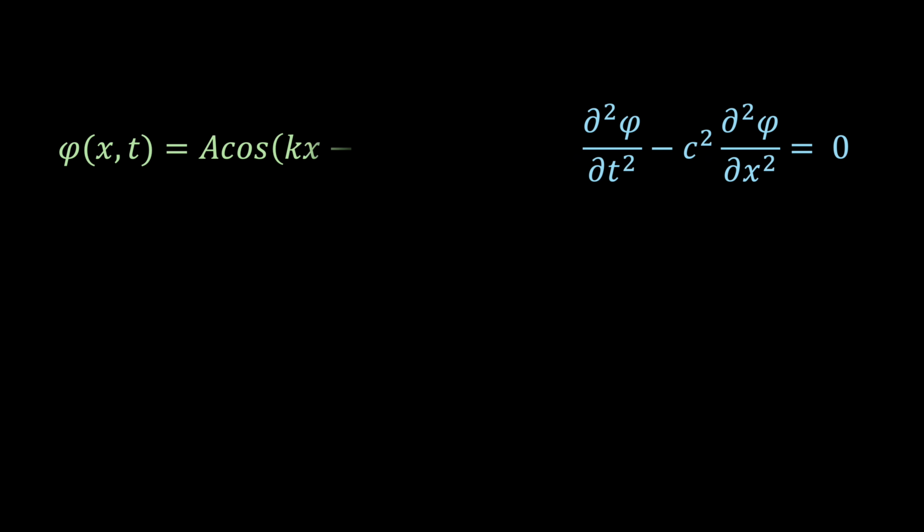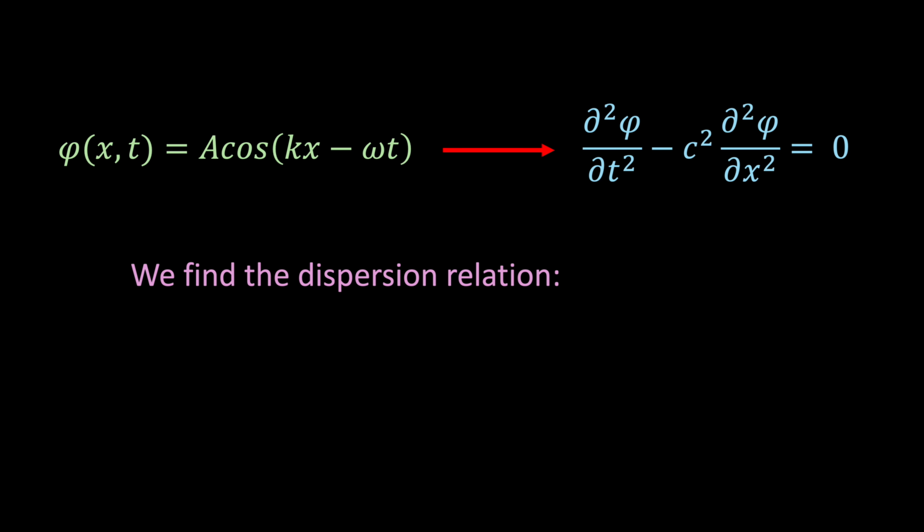Now, if we take a travelling wave solution of the form A cos(kx minus omega t), where k is the wave number and omega is the angular frequency, and substitute this into our wave equation, we find the following so-called dispersion relation, omega squared equals c squared k squared. Notice that as k tends to 0, which corresponds to increasing the wavelength, the frequency omega tends to 0. This is telling us that for a ripple in a field obeying this type of wave equation, there is no limit to how low the frequency can be.